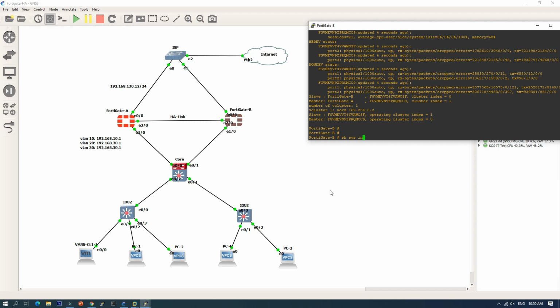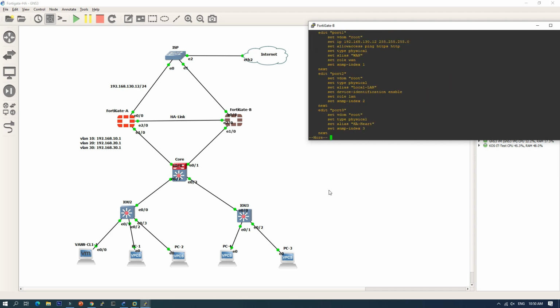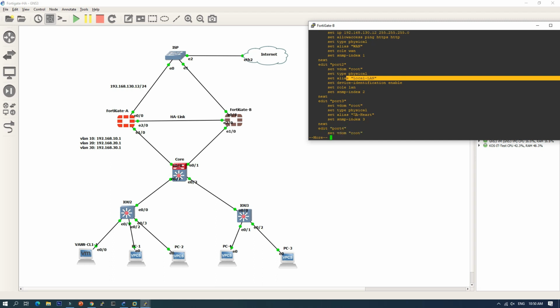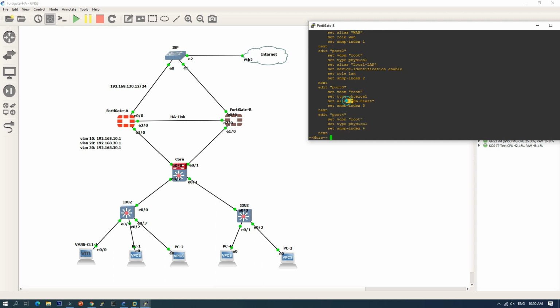So system interface, yeah, as you see, it updated the configuration to FortiGate B. Port 1, this is port 2, okay, everything updated to FortiGate B. Port 3, and we have here the VLAN 10, yes, everything.